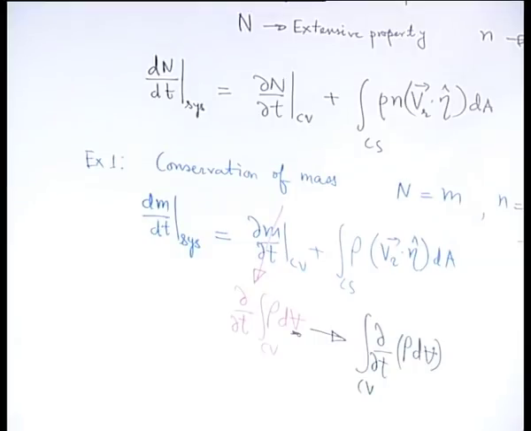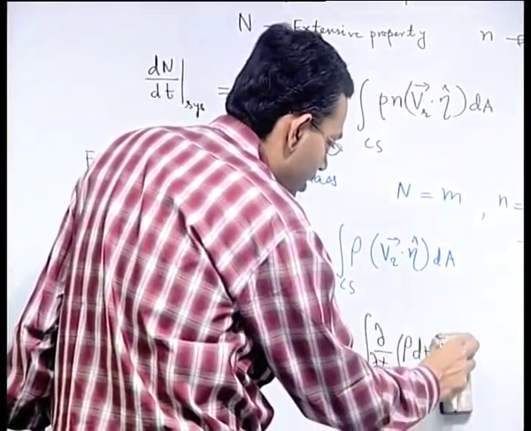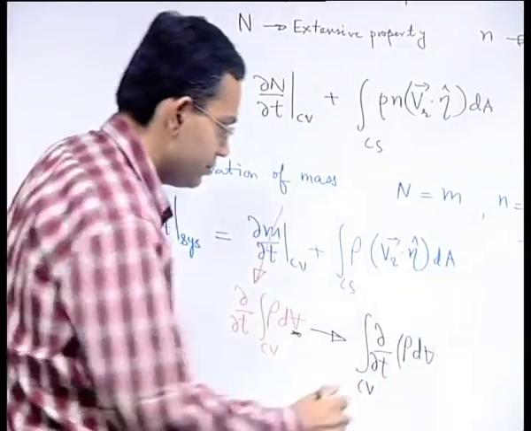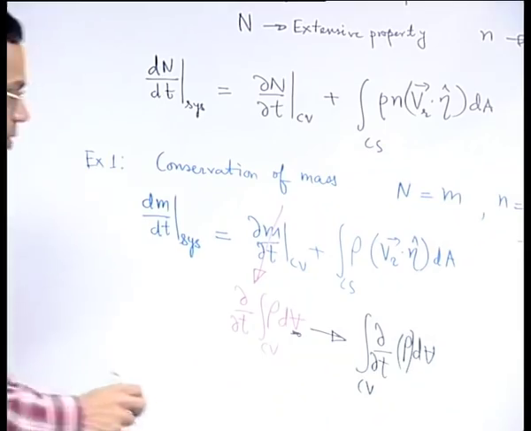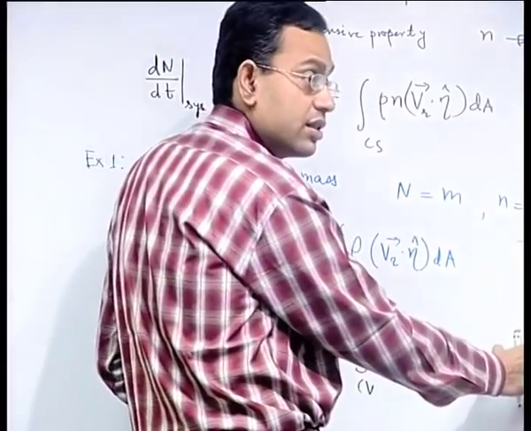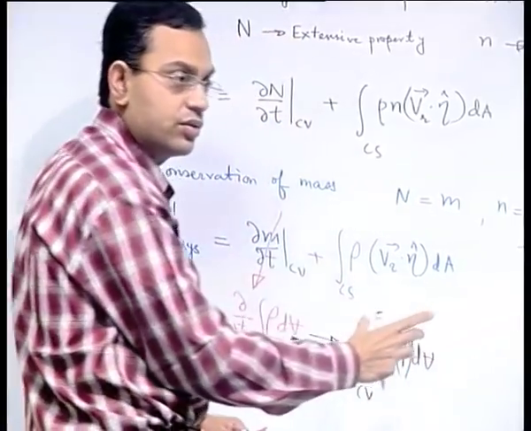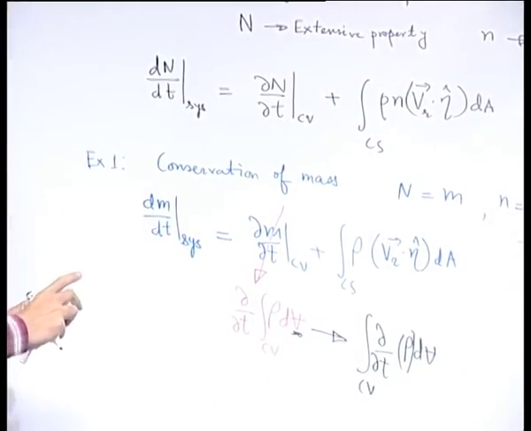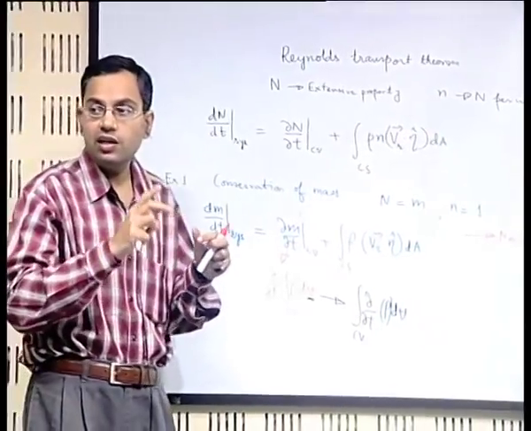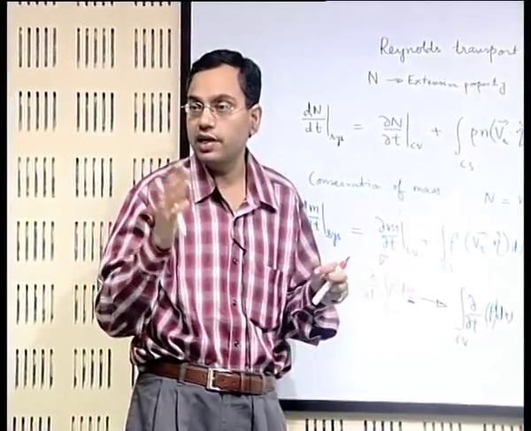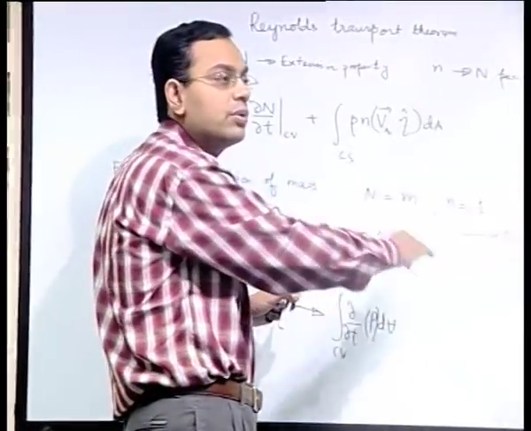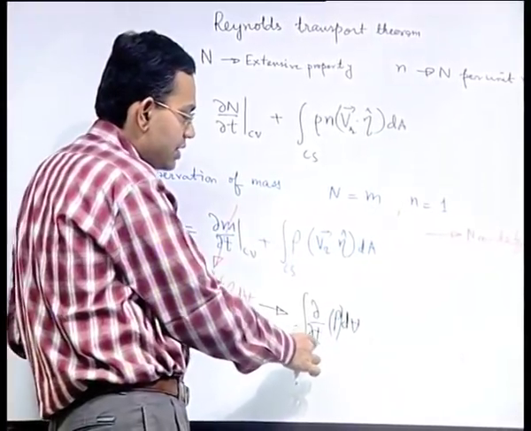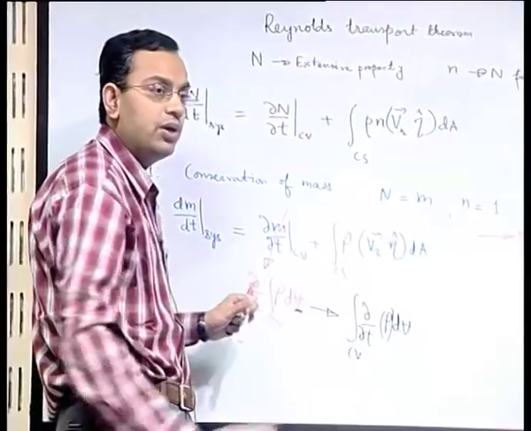If this was not the case, then it would have been this term plus a couple of correction terms, which arise because of the rule which converts a differential from outside an integral to inside an integral, that is the Leibniz rule. Now here we do not have to bother about that because it is a non deformable control volume. So we can put this inside the integral without requirement of any correction term.